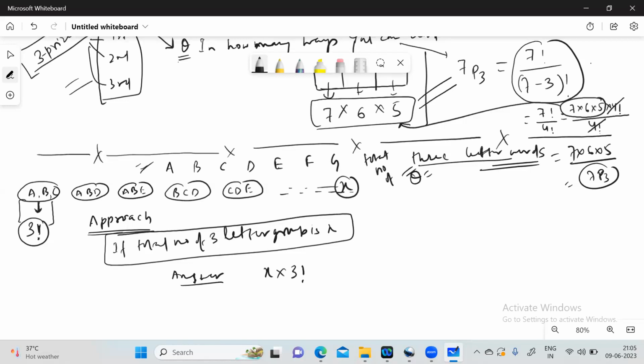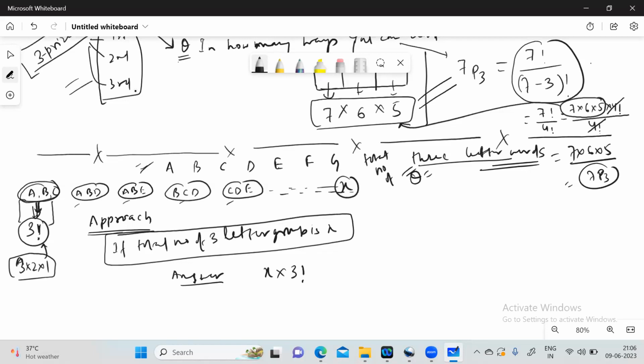ईशानी, जागृति, मयूराक्षा, प्राकृति, रूपा, एनीवन? सर ये वाला पार्ट मुझे थोड़ा समझ में नहीं आ रहा है। अच्छा, तुम्हें ये समझ में आ रहा है कि अगर हमारे पास 3 लेटर का ग्रुप मिल जाए तो उससे 3 फैक्टोरियल वर्ड्स बनेंगे? हाँ सर। क्लियर है? हाँ। क्योंकि आपको पता ही है कि एक पहले प्लेस के लिए 3 लेटर है, दूसरे के लिए 2, फिर तीसरे के लिए 1, तो 3 फैक्टोरियल वे में वो अरेंज हो जाएगा। हाँ सर। अब प्रॉब्लम यही है ना कि आई डोंट नो हाउ मेनी ग्रुप्स आर देयर।